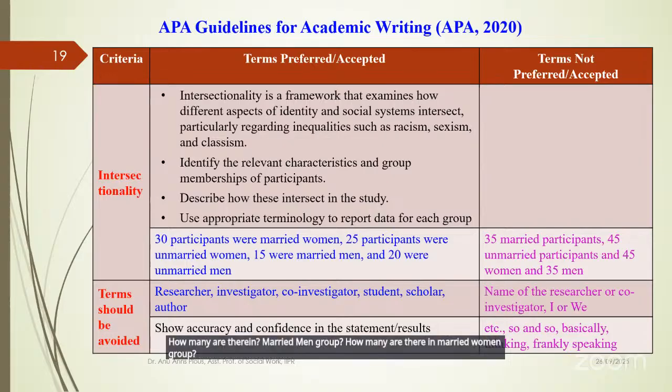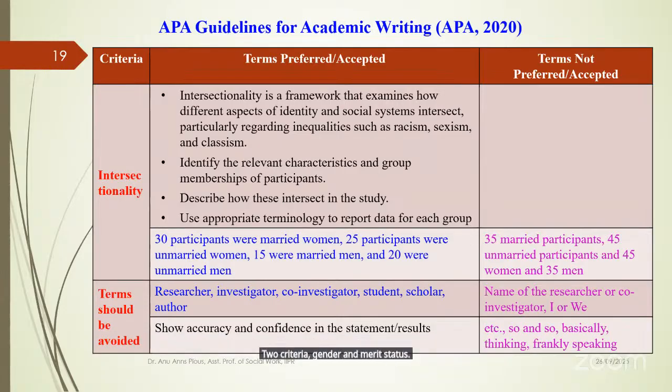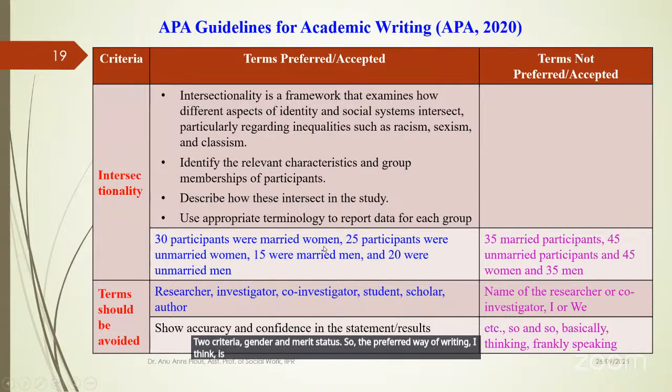How many are there in the unmarried men group and how many in the unmarried women group? So you are giving the two criteria, combining them, and giving a very specific number. How many, or what is the frequency, of each group of people with respect to two criteria, gender and marital status. So the preferred way of writing that is that 30 participants were married women,